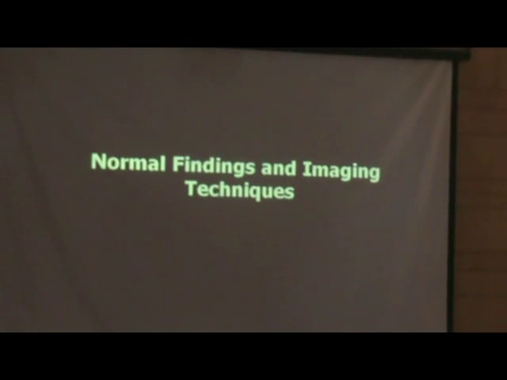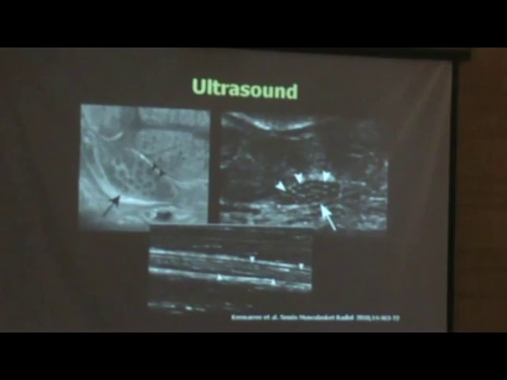So, some of the normal findings we expect, and talk about some new imaging techniques. Ultrasound is not bad, it's very good actually, to evaluate peripheral nerves. This is not all about the ankle and the foot, but the lower and upper limbs. This is an example from the literature of the median nerve. It's not even the ankle or the foot, it's the wrist. But just to show you